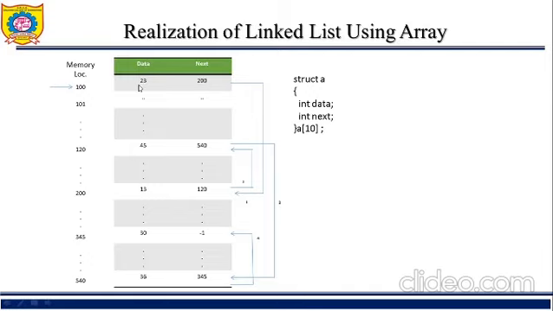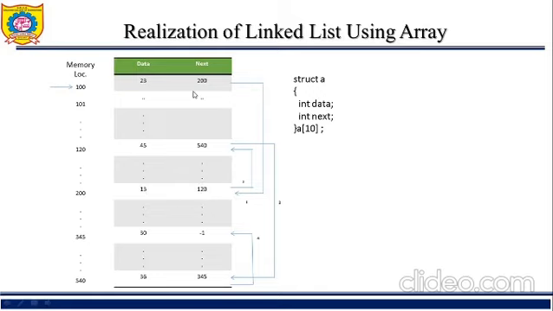When the node is stored into memory, it reserves the memory for data, whichever type of data we are going to store, and it again reserves the memory to store the address of the next node. Now here the first part is data. So the first node contains the data as 23, and if you want to jump to the next, that is at 200, it will go to 200 memory location, and there we will see the data part and the address of the next element. Likewise, the data gets stored into the memory.